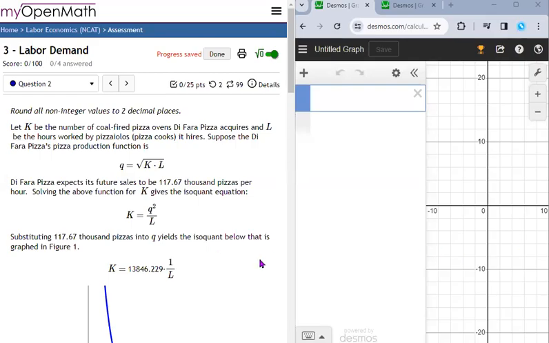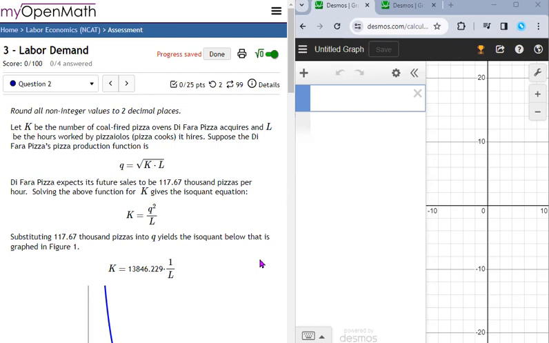In question 2 of online lesson 3, labor demand, we're going to look at the long run model, where a firm chooses both capital and labor to minimize its cost. Because in the long run, we make expectations. We set sales goals, right? We think we're going to be able to sell 1,000 watches an hour. So we got to acquire capital and laborers in certain quantities so we can make that many watches